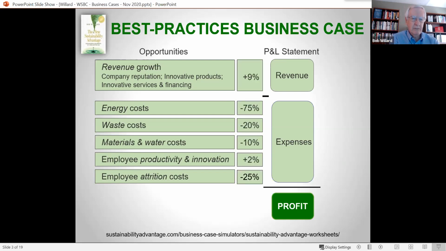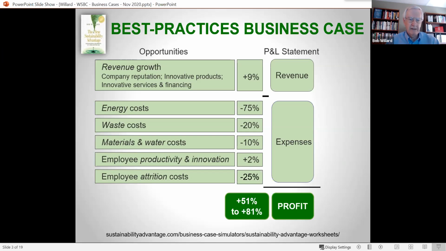And these are the rules of thumb that I ended up with, taking a look at the spectrum of possibilities and always taking the lower end of the spectrum. So these are conservative estimates that you can make at least these kinds of improvements in each of those areas. And if you were to do that, the profit could go up by 51 to 81% for the normal typical